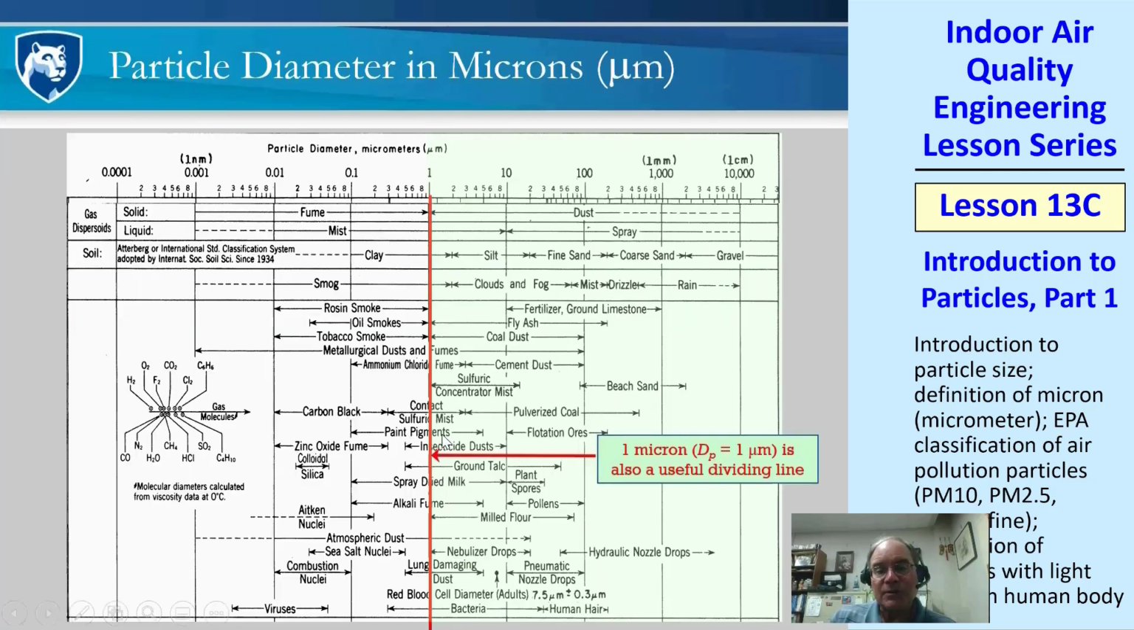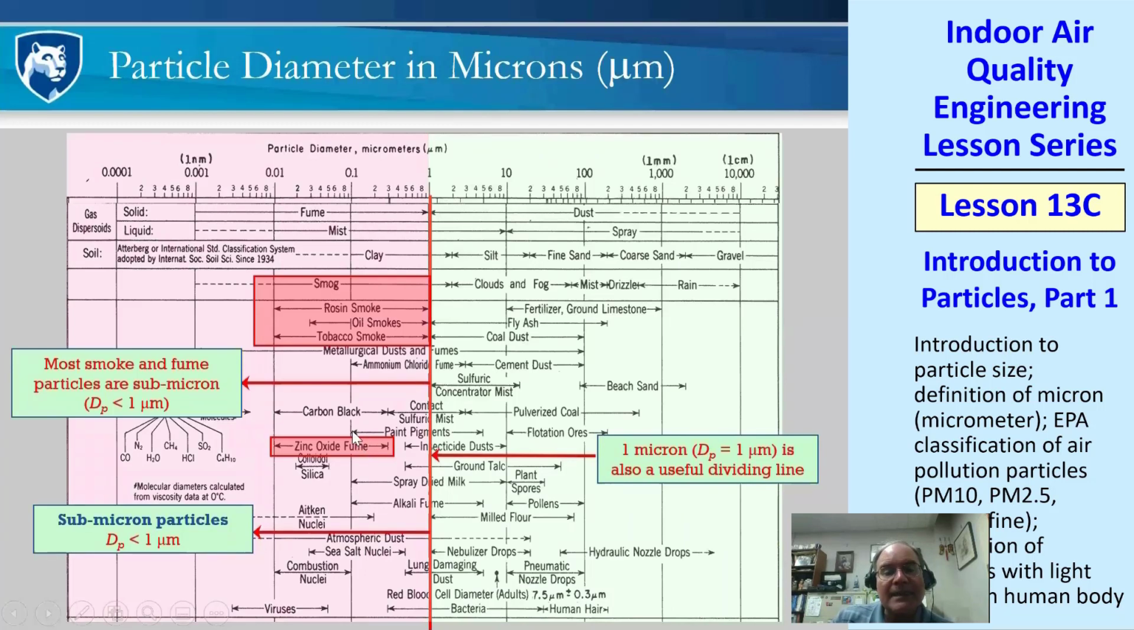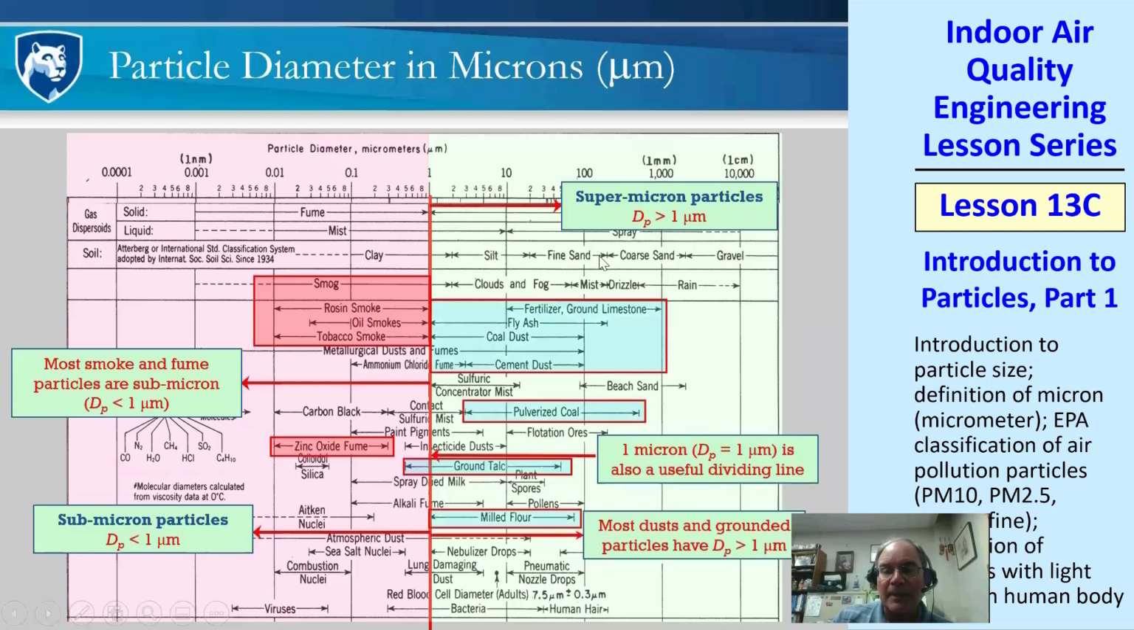And finally, let's use 1 micron as a dividing line right in the middle of this chart. Submicron particles, they mean they're less than 1 micron, as the name implies. The ones I identified here are due to combustion: resins, rosin smoke, oil smokes, tobacco smokes, zinc oxide fumes. These are all due to combustion, and they're smaller than a micron, whereas supermicron particles, bigger than a micron, are